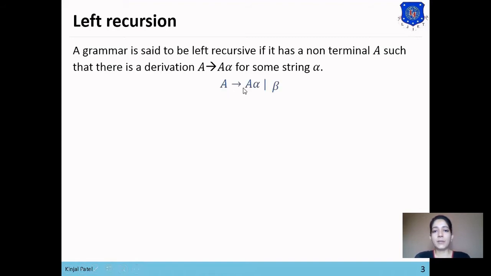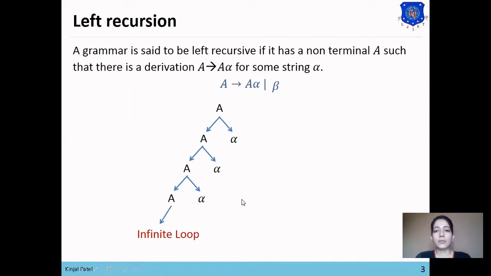So the example is A produces A alpha or beta. This is a left recursive grammar. Now we'll try to generate a parse tree for this grammar. Here you can see that A produces A alpha means the function A is calling the function A. Now again the function A is calling function A. So function A keeps calling itself, and that can cause an infinite loop, so the grammar will go into an infinite loop, and that causes the parser also to go into an infinite loop.